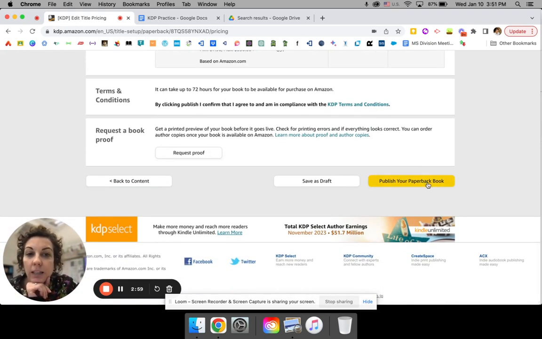Then you can click publish your paperback book. Woohoo! And then once you do that, it will take you to the next steps of actually